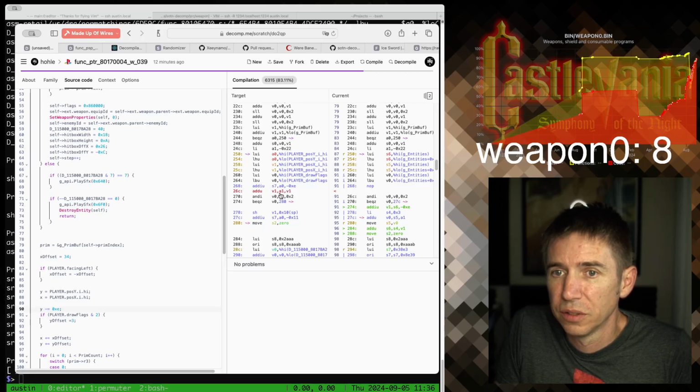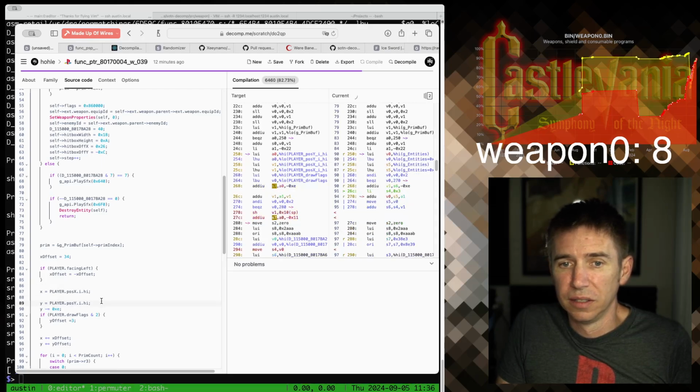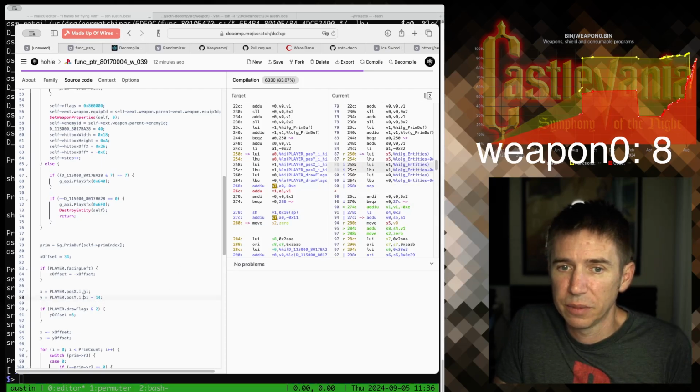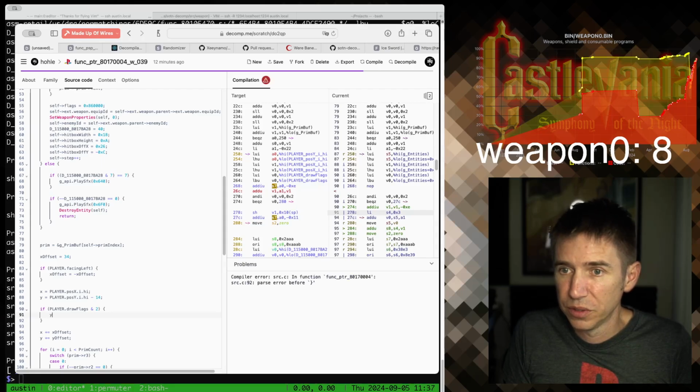So A0 was our Y position, and then S7 is this minus this 14 value. I'm going to reorder those, even though the loads are in the wrong order. It's possible that they've been flipped. MetroWorks doesn't often do that, but it could happen. And so I'm going to